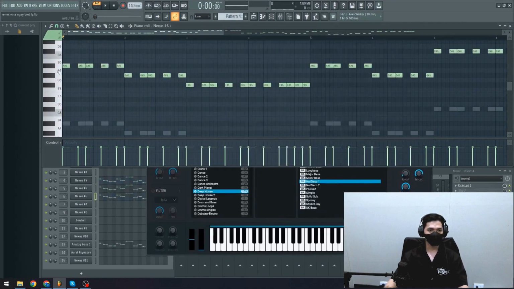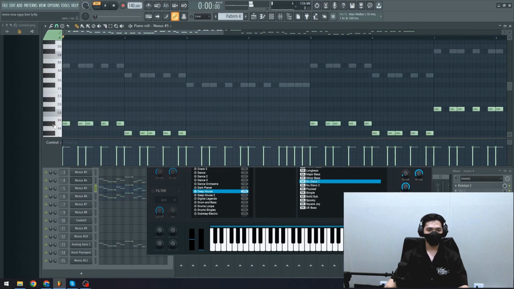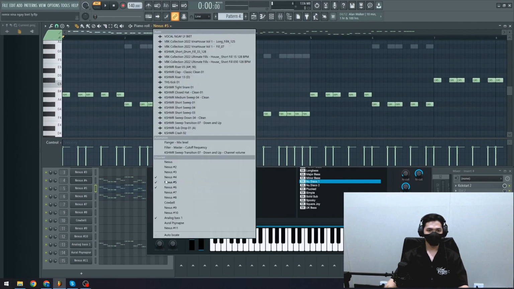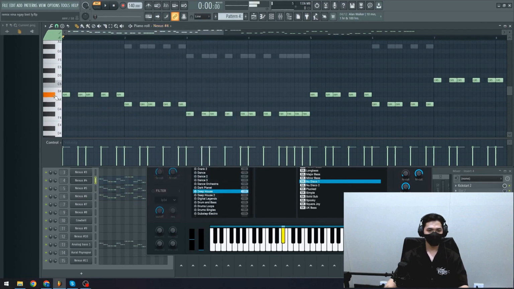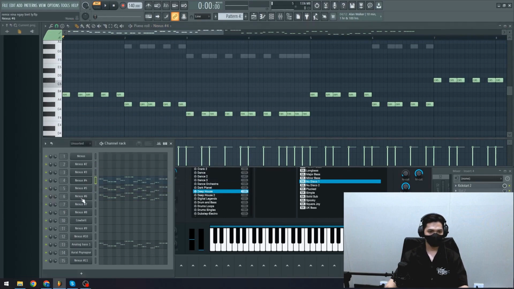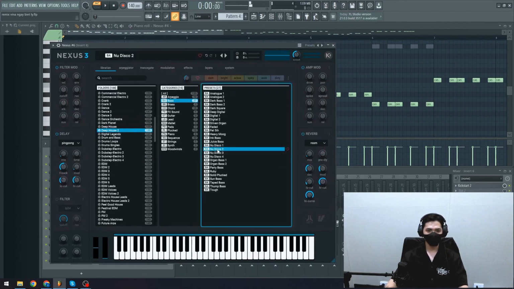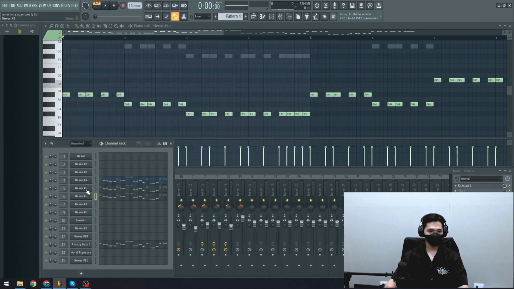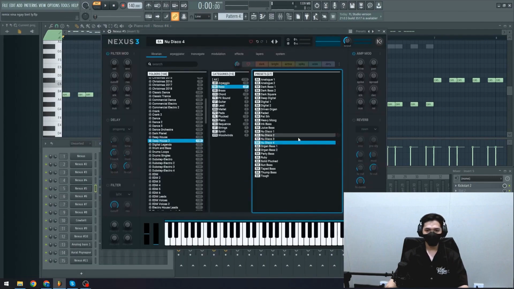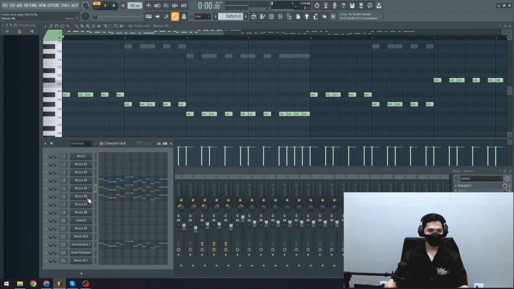This is my layer 2. This is the mid layer, and this is the low layer. For my layer 2, I chose the sound New Disco 2 from the Nexus pack, specifically from the Deep House 2 section. For my mid layer, I'm going to choose New Disco 4 to add some texture. And for the low part, I'm going to choose